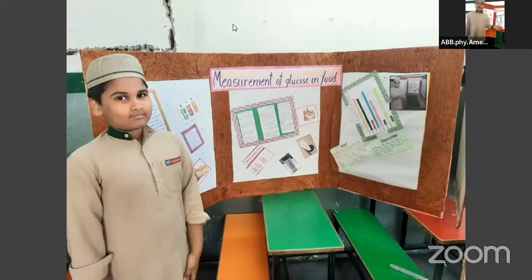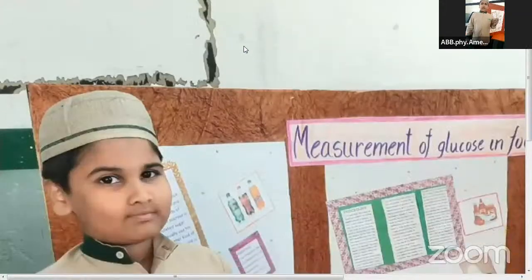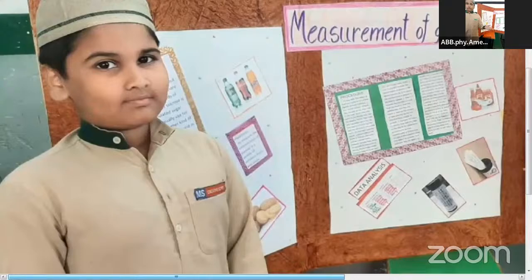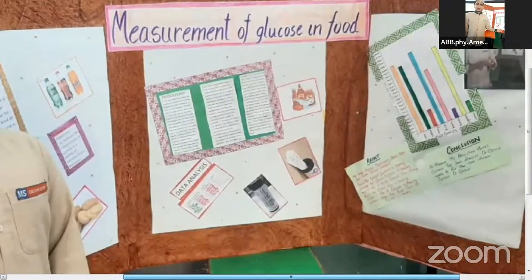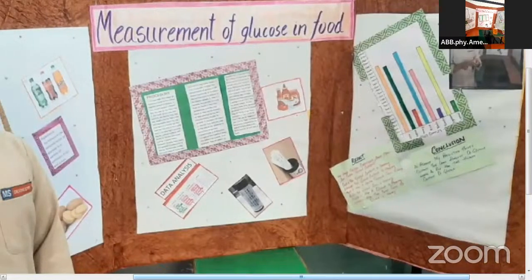Why have I selected this topic? One day when I was having an ice cream, I asked my grandmother, you should also have one, but she ignored and told me she is a diabetes patient. With this in my mind, I have made this project